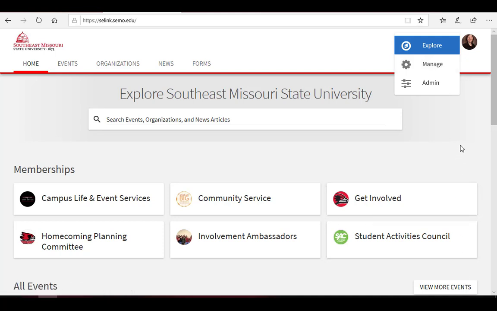There are 4 default administrators for every student organization. When student groups register, the person or the people listed as president, vice president, secretary or treasurer, and advisor are automatically administrators of your organization page. As administrators, you can make other members administrators as well, but that is up to your discretion. So those 4 default positions will be the only ones that see this Manage option. If you need to manage your page, please select Manage,